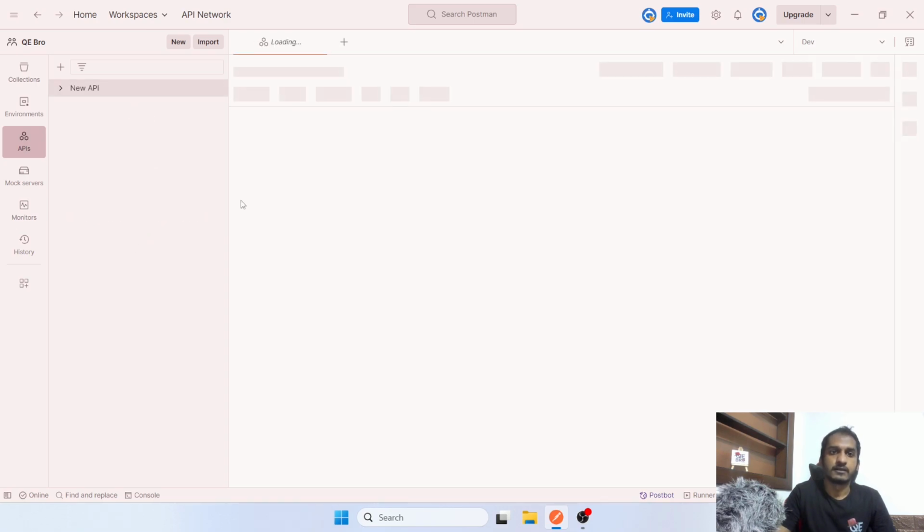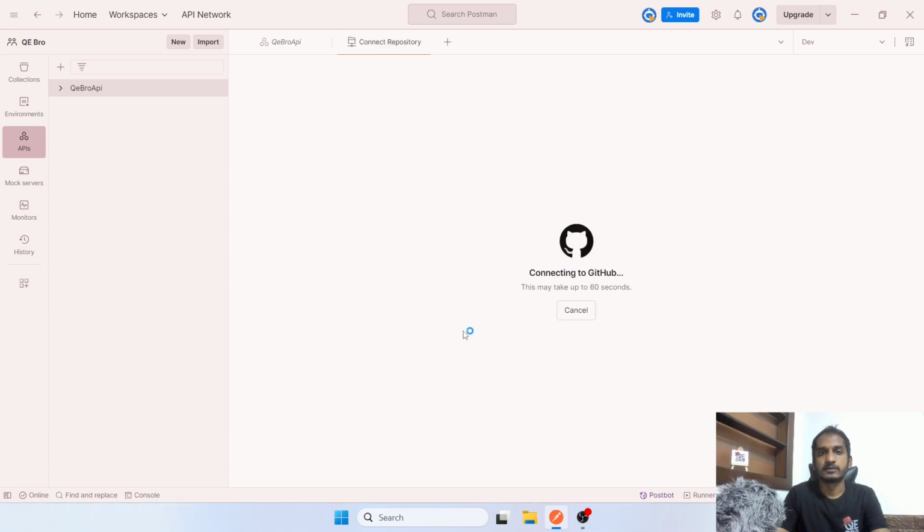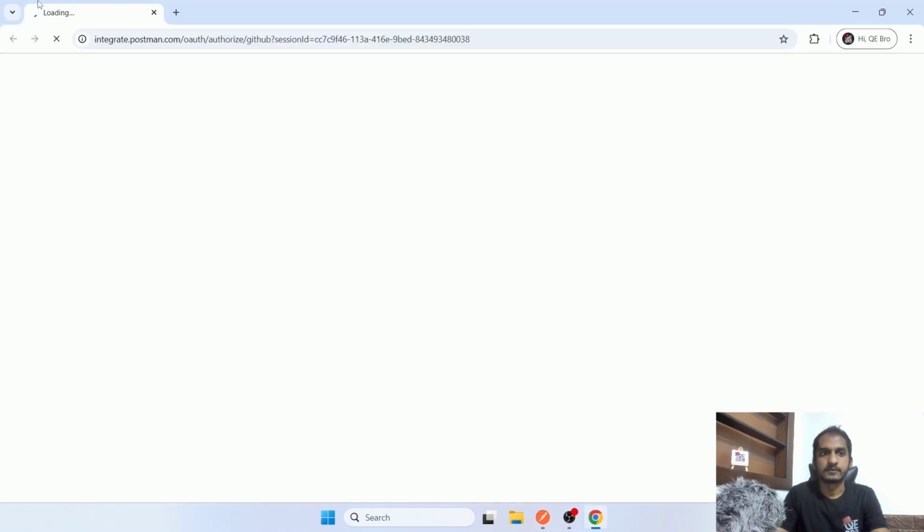When I click on create API, it will ask me to give a name. I will just give a name, QB Bro API. Okay, I have a name. And then here you will see quick start your API by connecting a repo. So you can connect your GitHub repo. Let's say your backend work is there and those are in GitHub, then you can connect your GitHub here as well. Then it will open